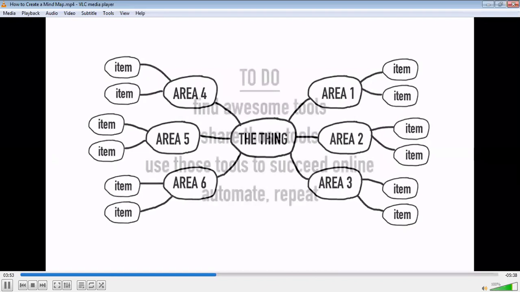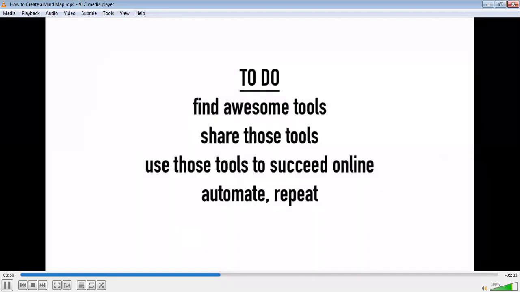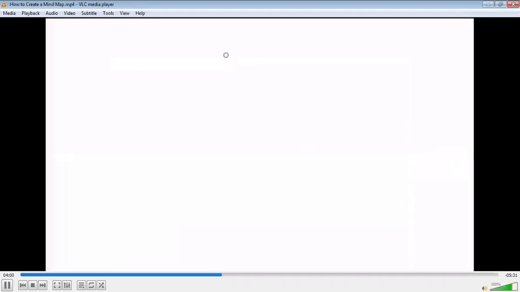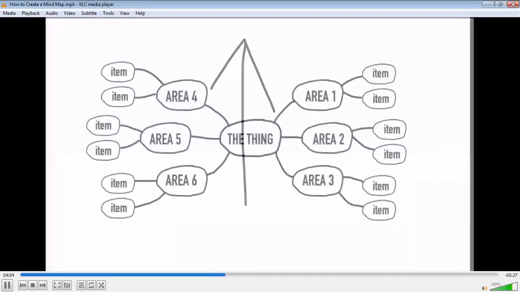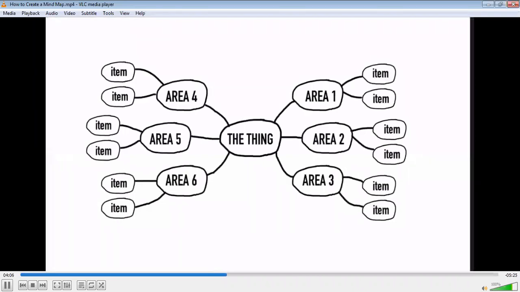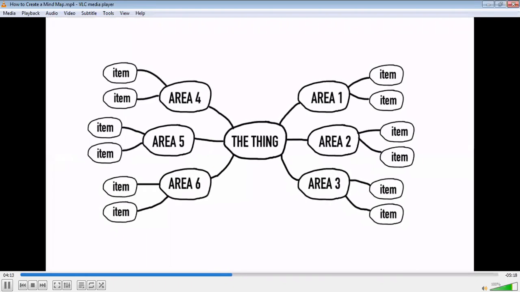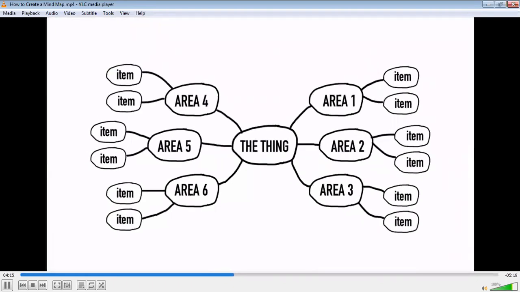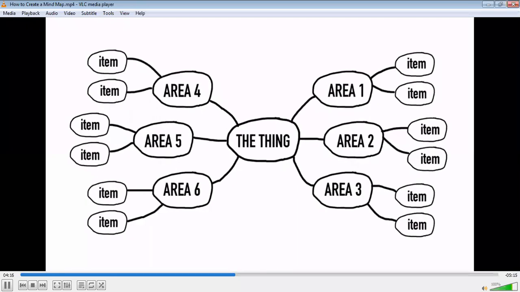And you can see the difference between a mind map and a to-do list. When you create a to-do list or a list of any sort, you are writing in a linear process, but your thoughts are not linear. The whole point of mind mapping is that you don't lose any of those thoughts. You can capture them quickly by simply adding that thought to the corresponding area or category. And this is why mind mapping is very effective.